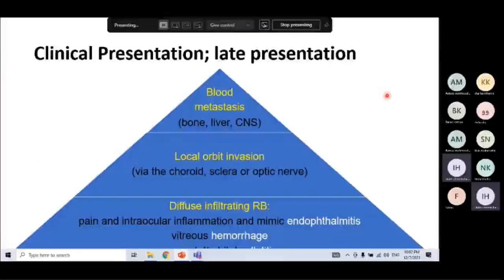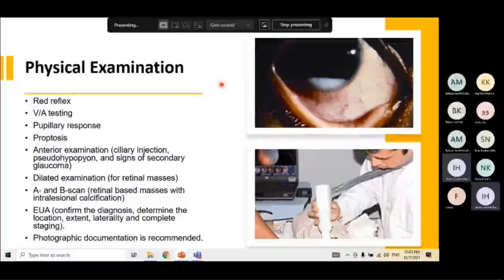Okay. So the clinical presentation can start from the intraocular signs, as we said before, or the diffuse infiltrating retinoblastoma. They have the picture of endophthalmitis-like or hemorrhage, vitreous hemorrhage. They may have local invasion through the choroid, sclera, or the optic nerve, or distant metastasis. So when a patient is diagnosed with retinoblastoma, the role of a pediatric oncologist is very important. Physical examination, light reflex, visual acuity, pupillary reflexes, proptosis if there is orbital invasion, anterior segment examination for a pseudohypopyon